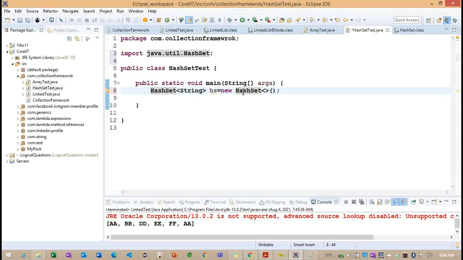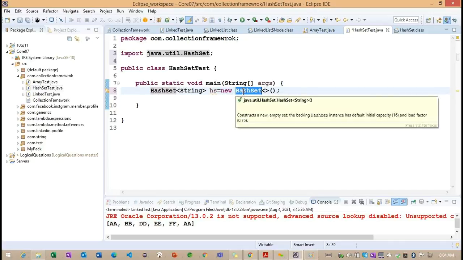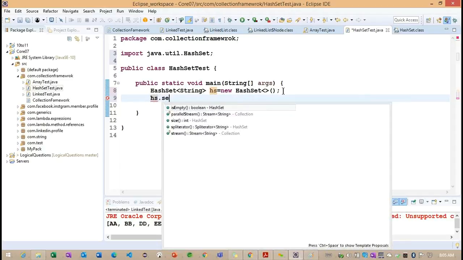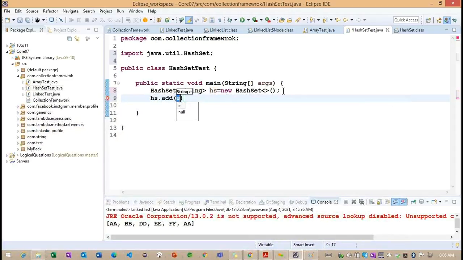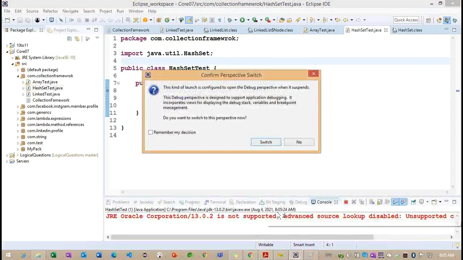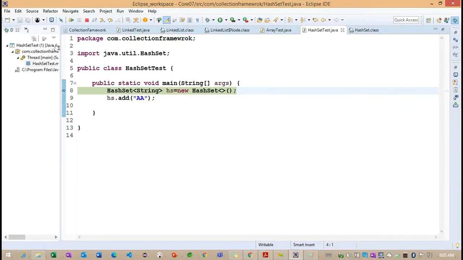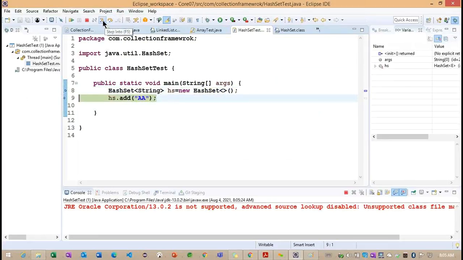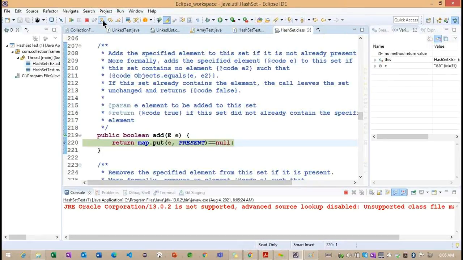So let's see. We identified the hash set constructors here. Now I'm trying to insert an element here with the hs.add method. Here also I want to add. We'll see how this add method is going to work. The constructor we identified, now I'm moving inside this add method.